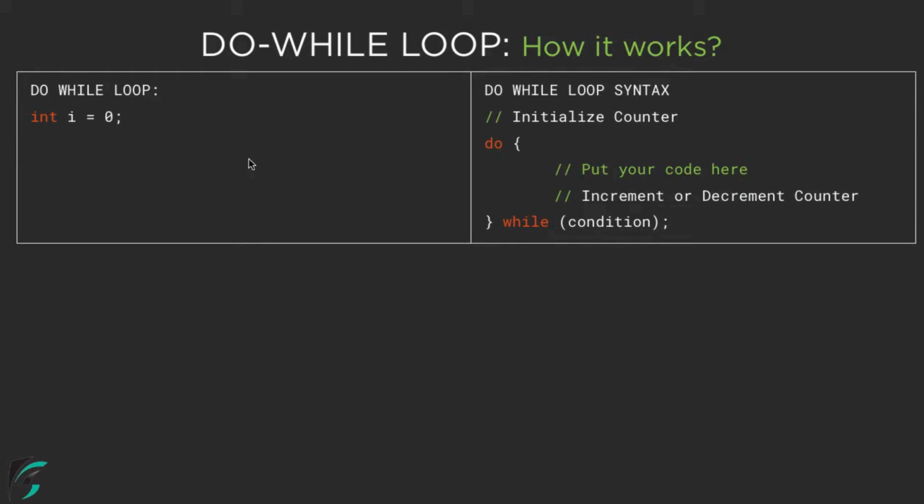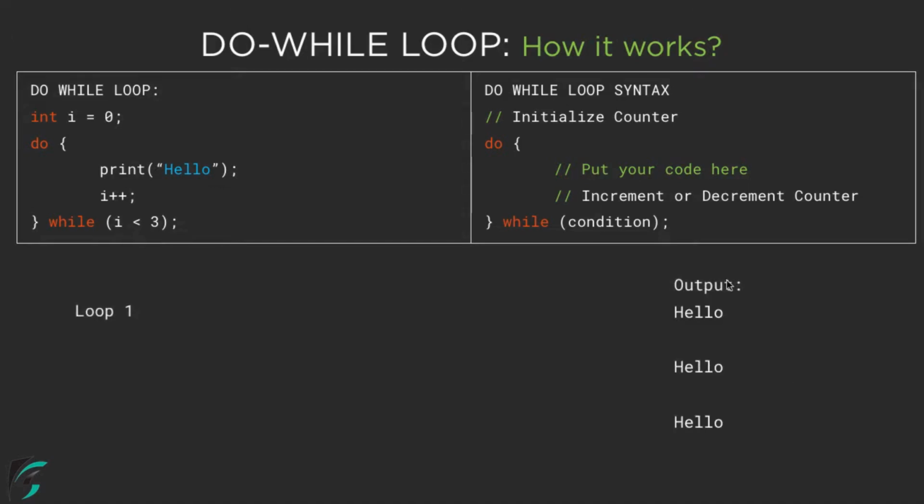And on the left I have some example for you, such as the counter variable i is 0, then we use do print hello and then increment the value and then check the condition. Now since our value of i is 0, then it will start with 0 and continue till 2 because we have condition i is smaller than 3. And with the help of this code we will get 3 times hello in the output console.